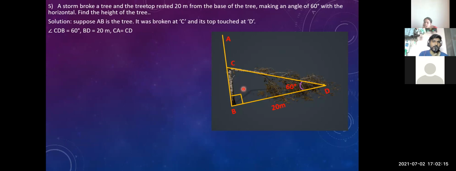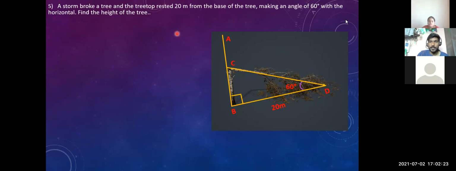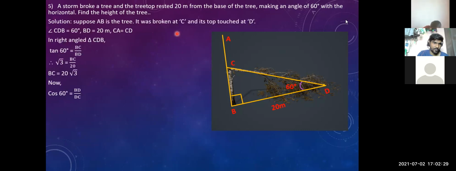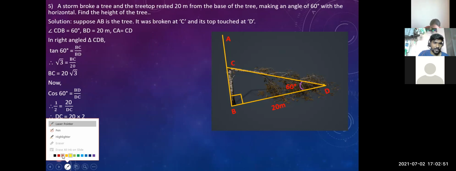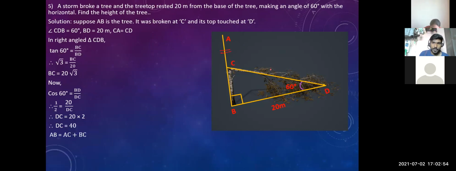Draw the diagram and try it. I should also draw AC small. No, no, it's just that you understand that AC and CD should be equal. Okay, AC and CD should be equal. So you can put a line on it like this, showing equality. AC equal to CD.